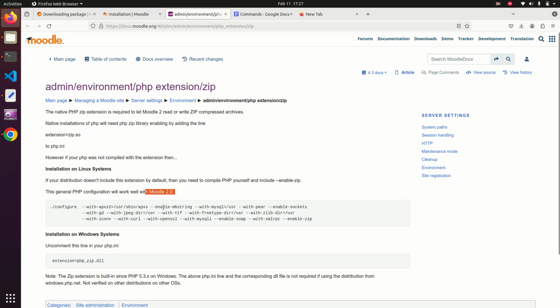So, installation on a Linux system, it is saying that the native PHP zip extension is required to let Moodle read zip compressed archives. However, if your PHP was not compiled with the extension, then